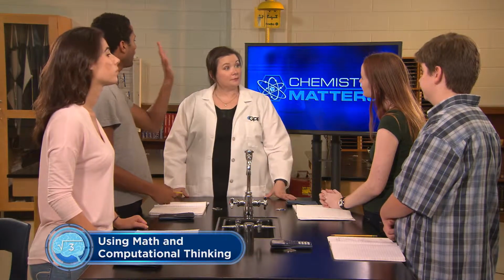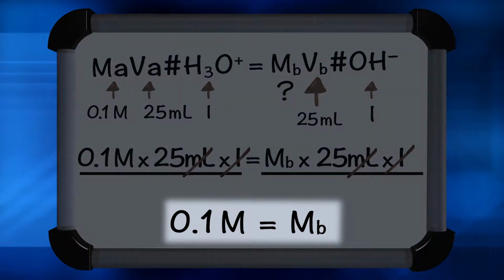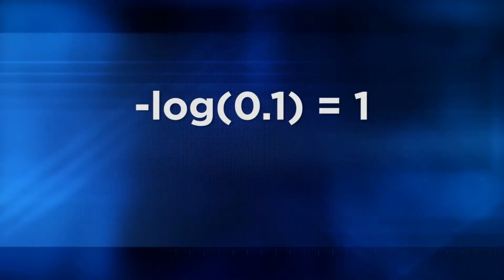Who wants to explain how you calculated the pH of the acid you used in your titration lab? I'll try. We used the data in our notebook from our titration lab. The only thing that we really had to find in our notebook was the molarity of the acid we used. We used the same acid, hydrochloric, which is 0.1 molar. So all we had to do was use our scientific calculator to find the negative logarithm of 0.1. The acid was 0.1 molar, and the negative logarithm of 0.1 is 1.